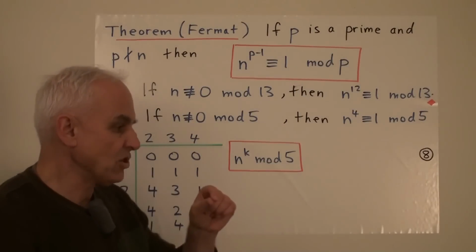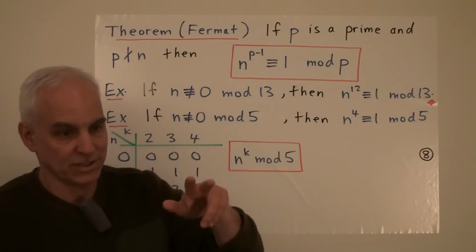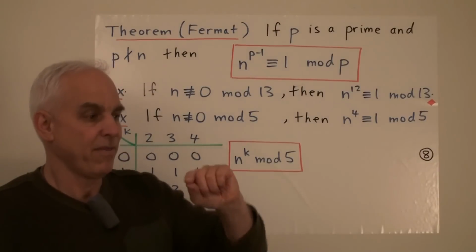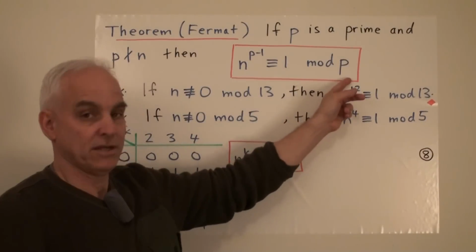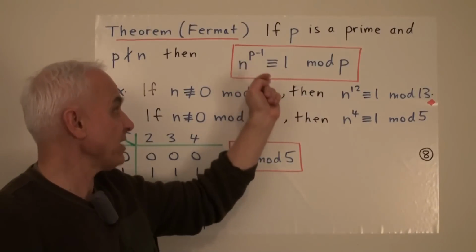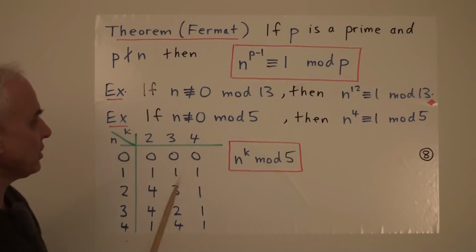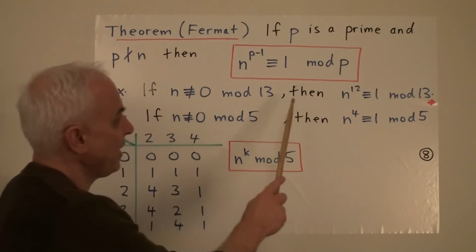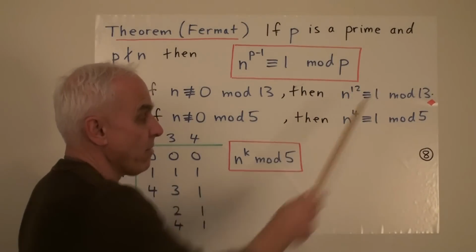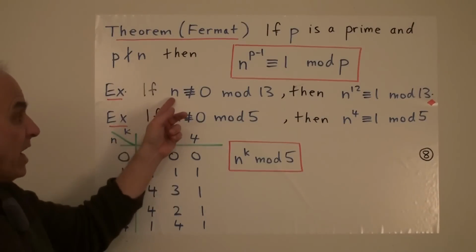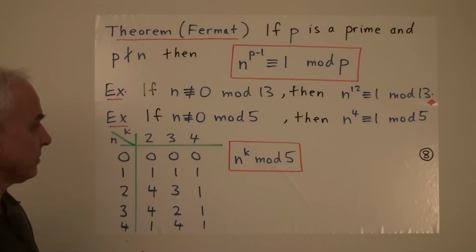If you take that n to the p minus first power, for example, if p is 13, then we're talking about the 12th power, then when you raise it to the 12th power, you're going to get 1 mod 13. So in general, n to the p minus 1 is congruent to 1 mod p. This is the one that we've already seen, that mod 13, n to the 12th will be congruent to 1 mod 13, as long as n is not actually divisible by 13, or congruent to 0.